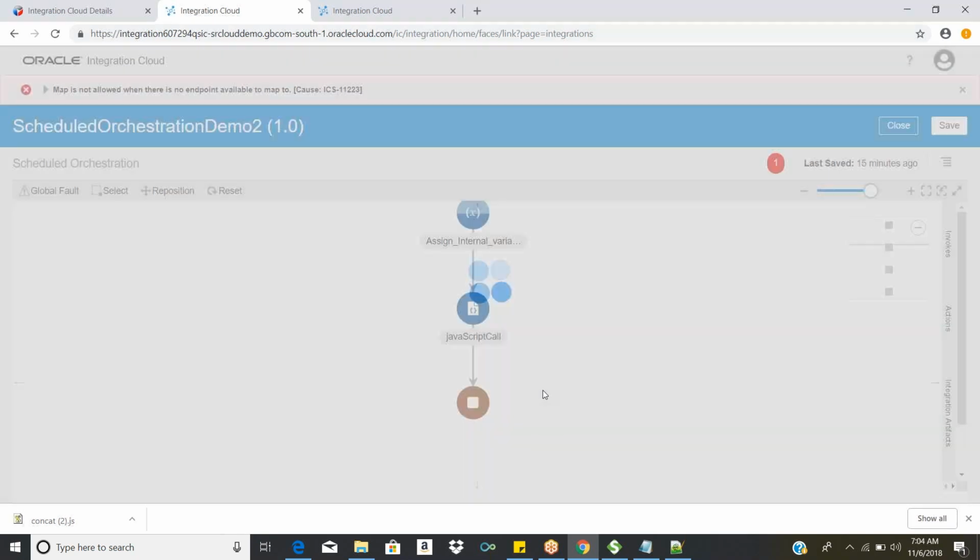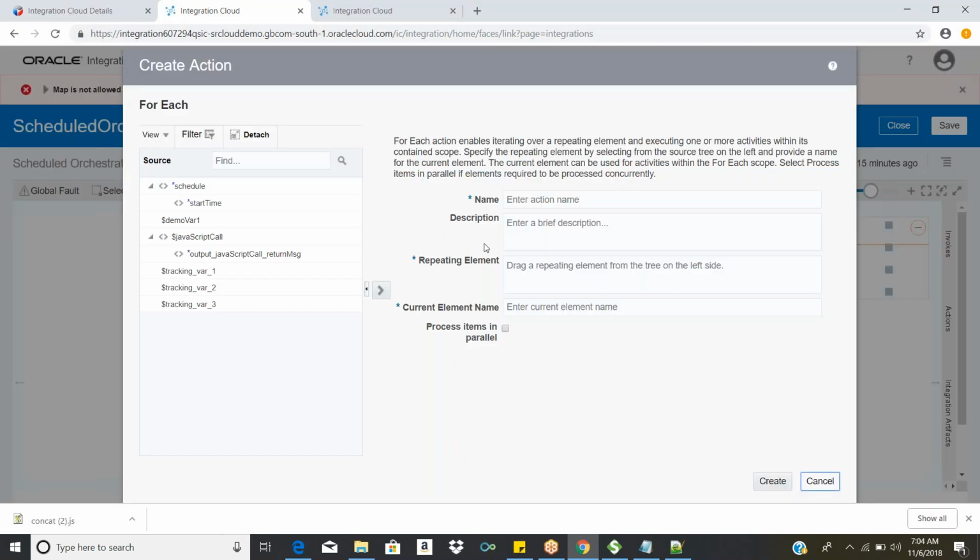As of now, I cannot tell how to configure all of this, because I should have the repeating element. In order to configure this, we need to have a repeating element. I don't have any sample at this moment, but I will show you a sample maybe tomorrow. I will prepare a demo and show you that.